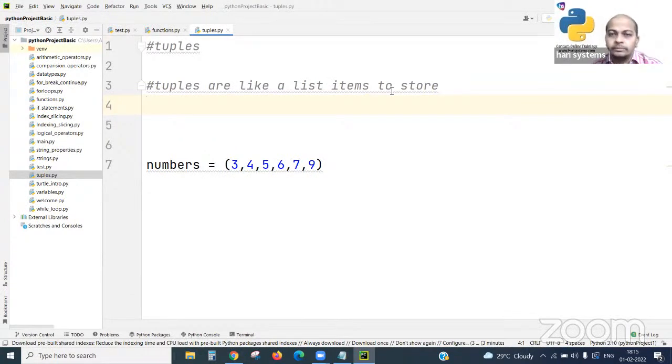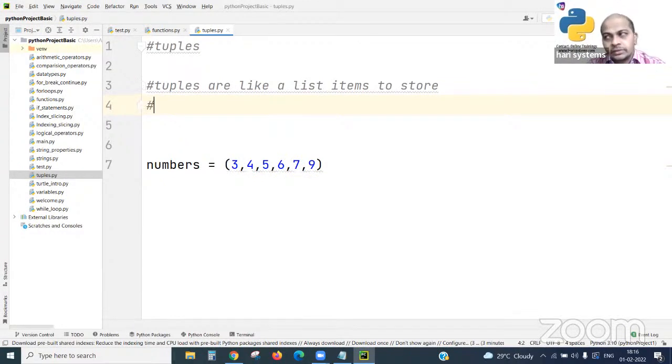You may use a number, float, Boolean expression, or string. Any data type you may load here, irrespective of data type, and there is no restriction at all on the number of items. Why we require tuples and their advantages, we are going to discuss one by one very clearly.